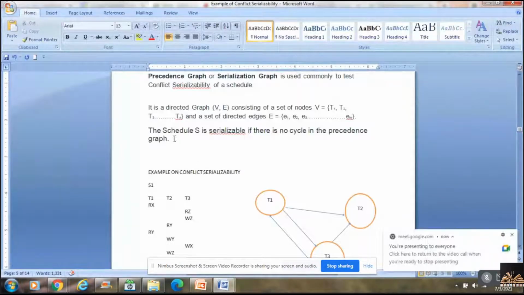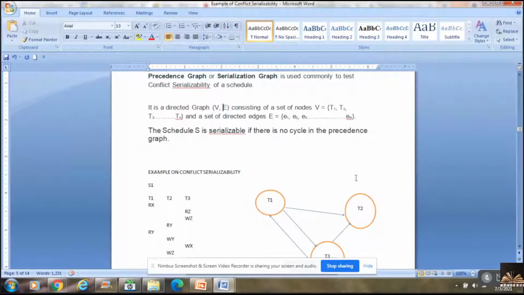So the schedule S is serializable if there is no cycle in the precedence graph. I hope you understand what a cycle is. You might be learning that in discrete mathematics, ma.